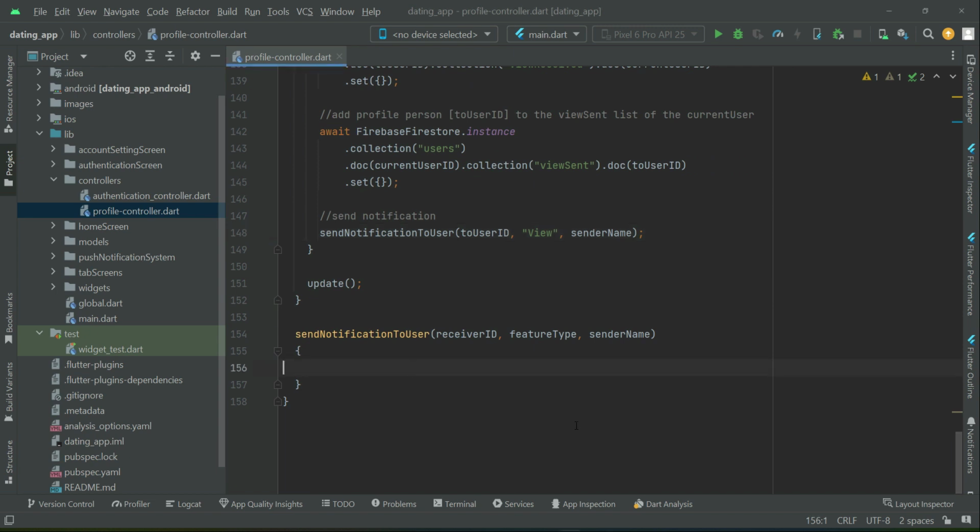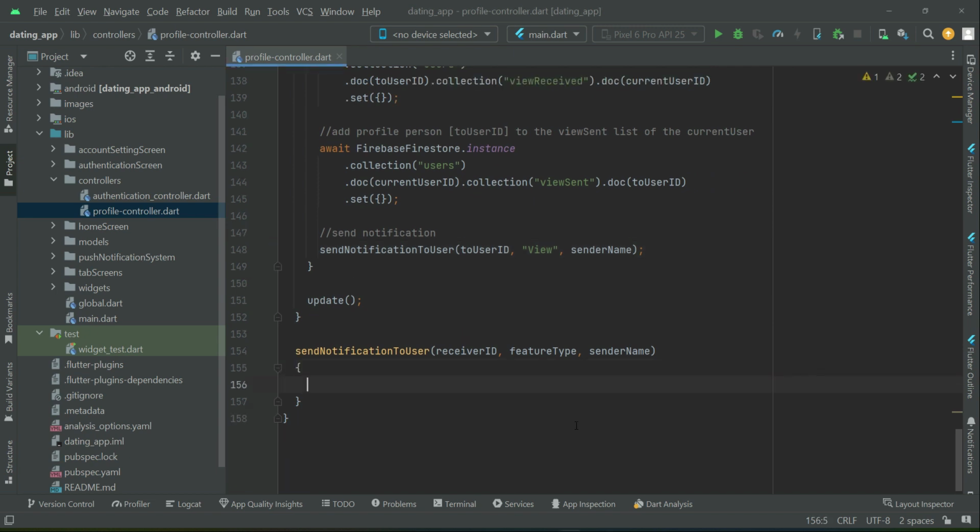Now first of all, when we say send notification to user, as I told you guys, we have to recognize the user device using its registration token. So already it is saved, each user has its own device registration token. So we have to get that token here first. So to that specific device we have to send the notification. So we can say string